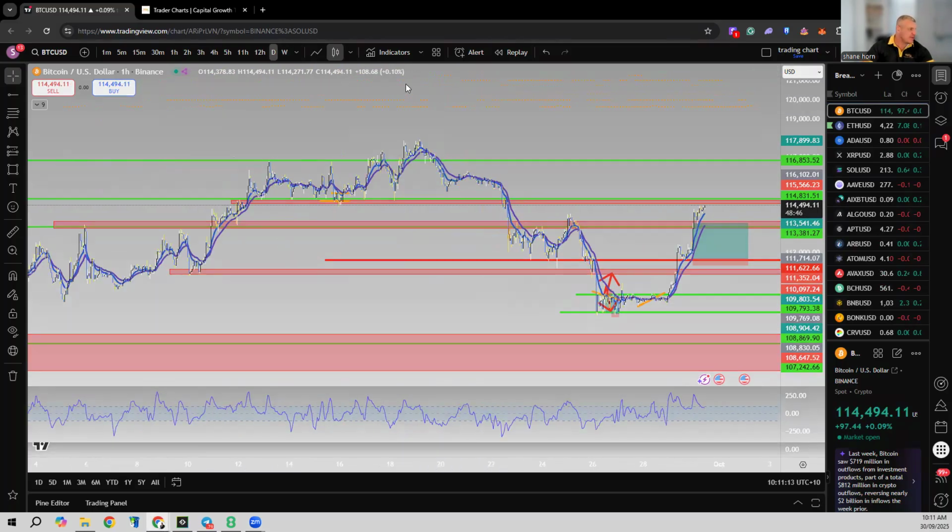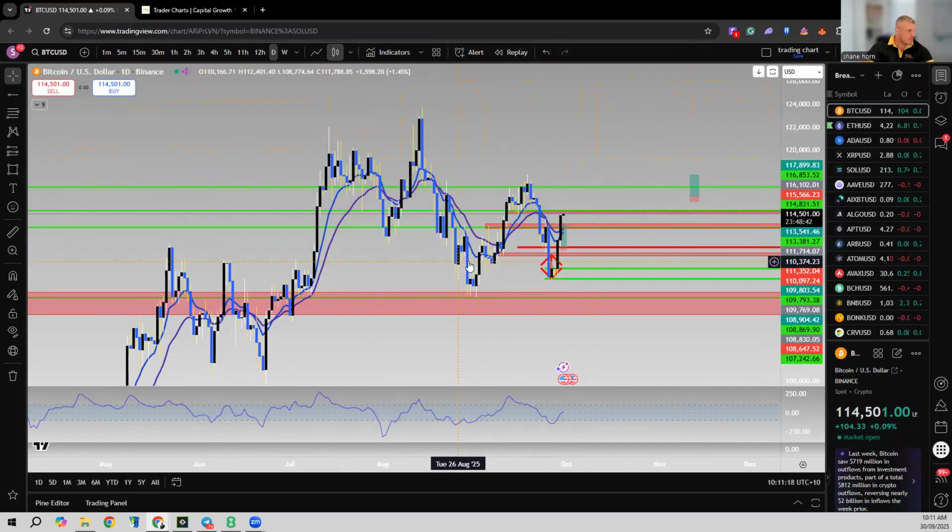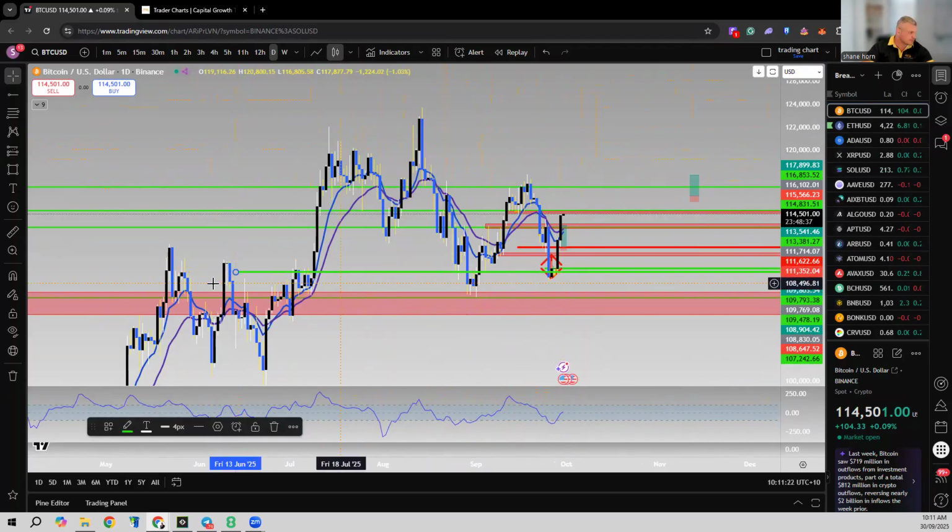So as we can see, we'll start off in our higher time frame where we've come into this area of value, right? We've tapped into here and here, where a big move has happened. So a lot of buyers were in this area on our daily time frame. We pushed in and then we got stuck under this resistance here